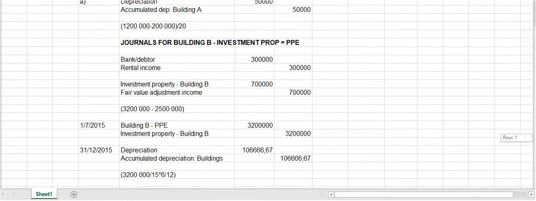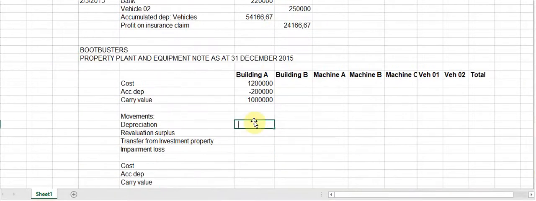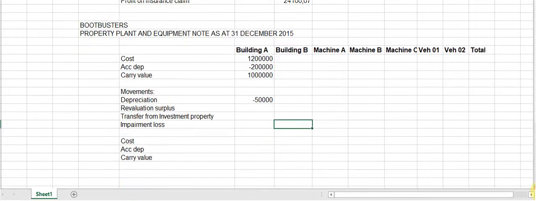If I look at the depreciation, it was 50,000 Rand for building A. So I'm just going to post it, 50,000, and that should be all the entries for building A. So it's going to be the same cost price. We're going to add together the accumulated depreciations, which would now give you negative 250,000. And it is going to be a carry value, which is the difference between the two,